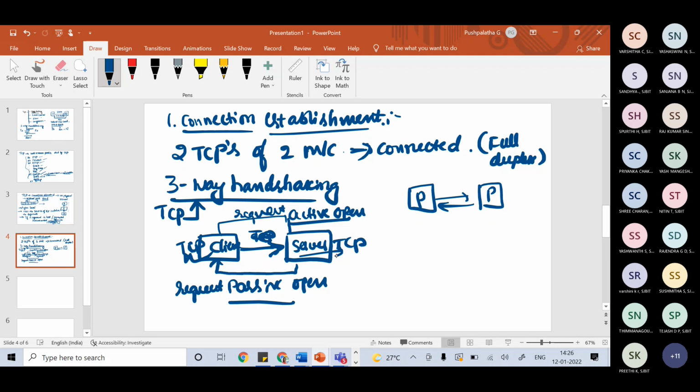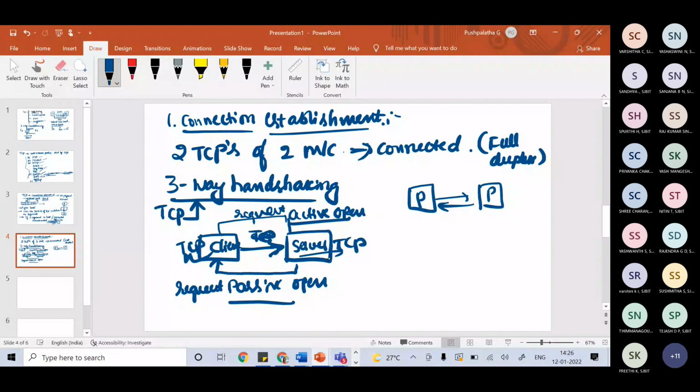That means for the request whatever you have sent, I am ready to accept the connection, right? So then the TCP will communicate. Hope you are understanding. Fine. So we have something called passive open and active open. That is how the three-way handshaking works. We'll discuss more about it. Now we'll start that three-way handshaking process.